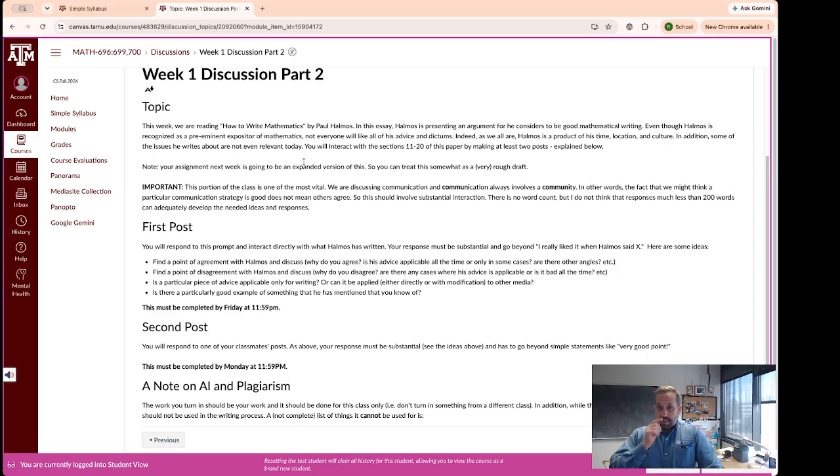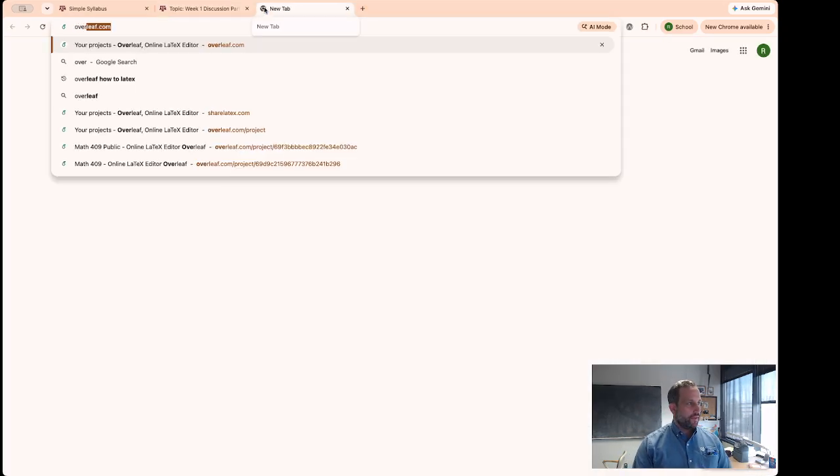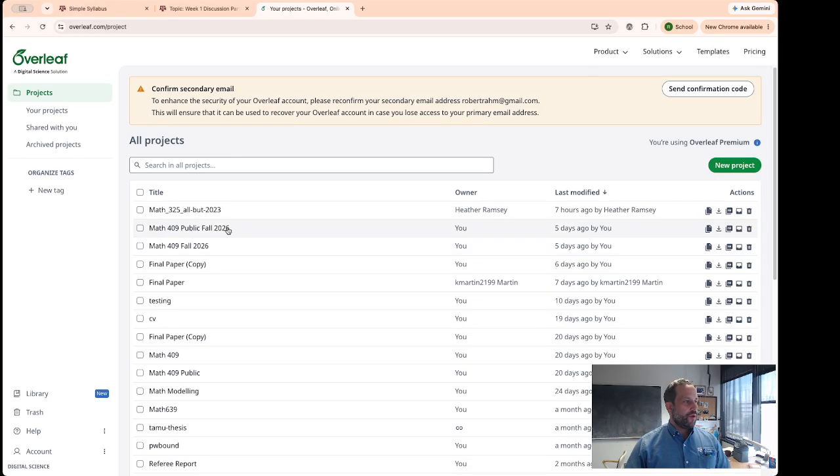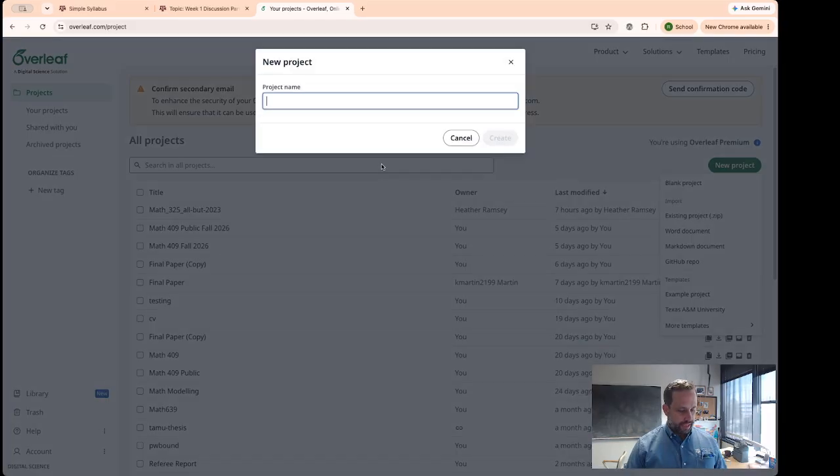Now, in this class, you're going to be writing everything that gets written, with some exceptions that we will see as we go. For example, the first week is not like this. The homework that's due, everything except for the first week and maybe some exceptions that I will mention week by week, is going to be written in LaTeX. So you're going to go to Overleaf. If you have never looked at Overleaf before, it'll just be blank. But you're going to come over here, make a new project, and you can call it